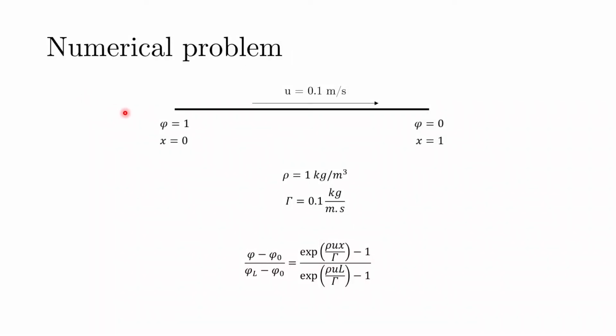So the problem at hand is a one-dimensional steady convection diffusion phenomenon. So we had a domain of 1 unit length. So let's say the left end is at x equals 0 and the right end is at x equals 1. And we had the Dirichlet boundary condition of a variable phi equals 1 at the left end and phi equals 0 at the right boundary. For the convection, we assumed a velocity of 0.1 meter per second, and we assumed these properties of the fluid and the material. And this problem was of our interest because we know the exact variation of phi that is given by this particular expression.